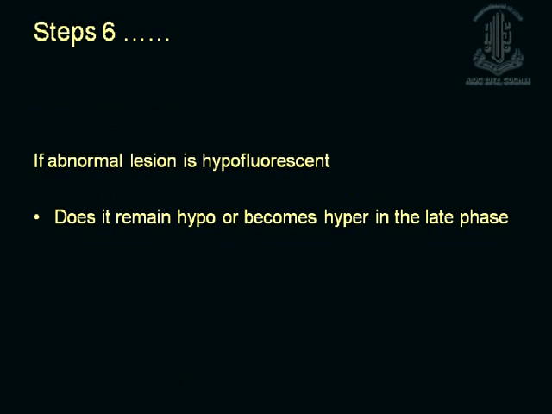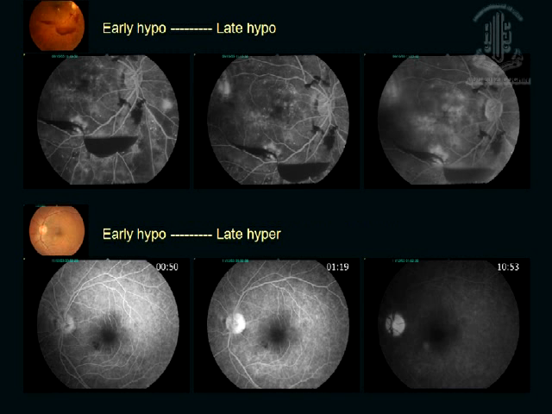Now, in fluorescein angiography, only two abnormalities are possible. Either the lesion is hypofluorescent or it is hyperfluorescent. If it is a hypofluorescent lesion, see what happens in the early and the late phase. If it remains hypo in the early and the late phase, and in fundus photography you see some lesion there, it indicates that it's likely to be a blocked fluorescence. So you look for the possible causes of blocked fluorescence. You can also have a non-filling defect which remains hypo throughout, but in the late phase, a lot of times you see leakage of the dye around the area of the blocked fluorescence.